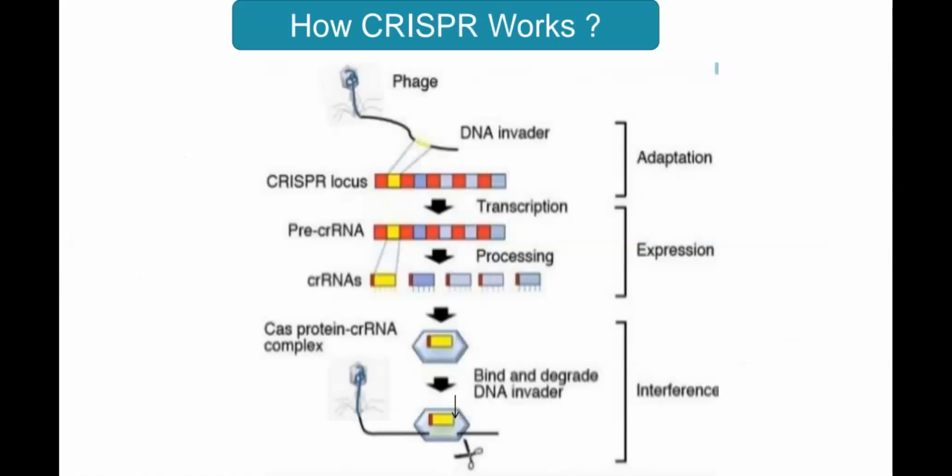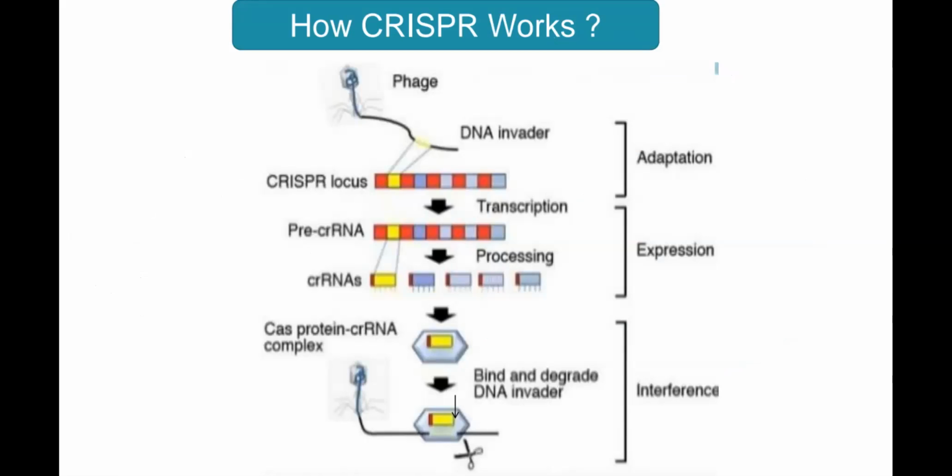Now is the working of the CRISPR. As soon as a new spacer enters the bacteria, it gets integrated between the CRISPR loci. After that, the CRISPR and spacer are transcribed and they form the free pre-crRNA, which after processing becomes crRNA. In the interference process, when the Cas9 combines with CRISPR RNA, it binds to the foreign DNA and degrades